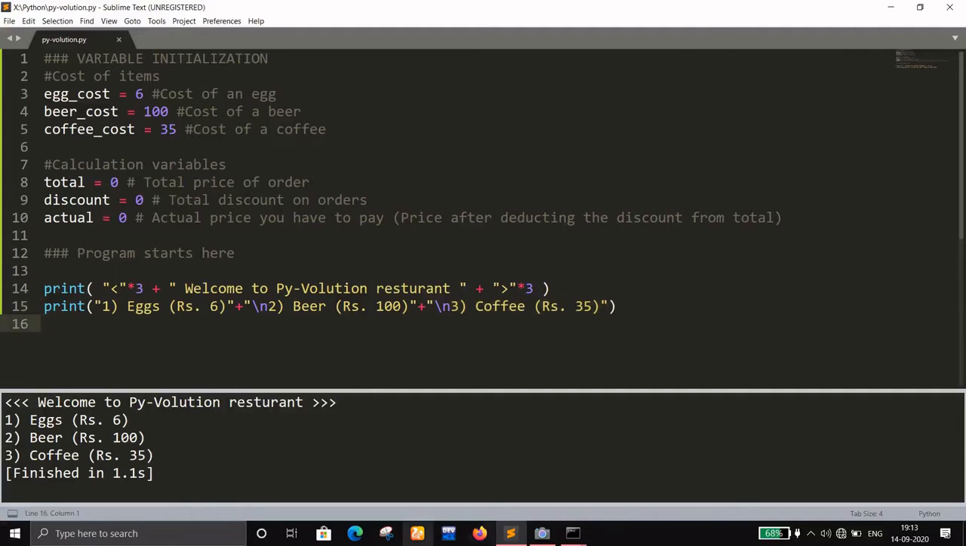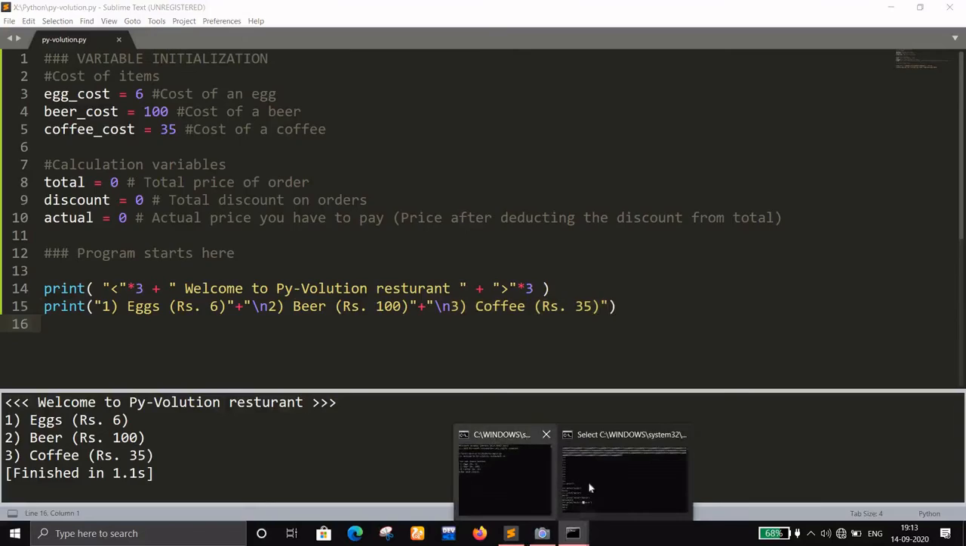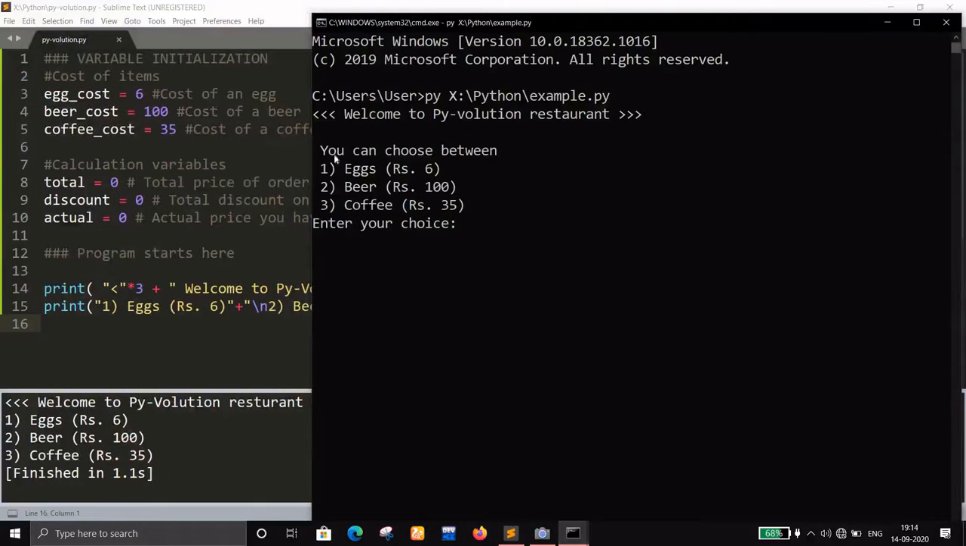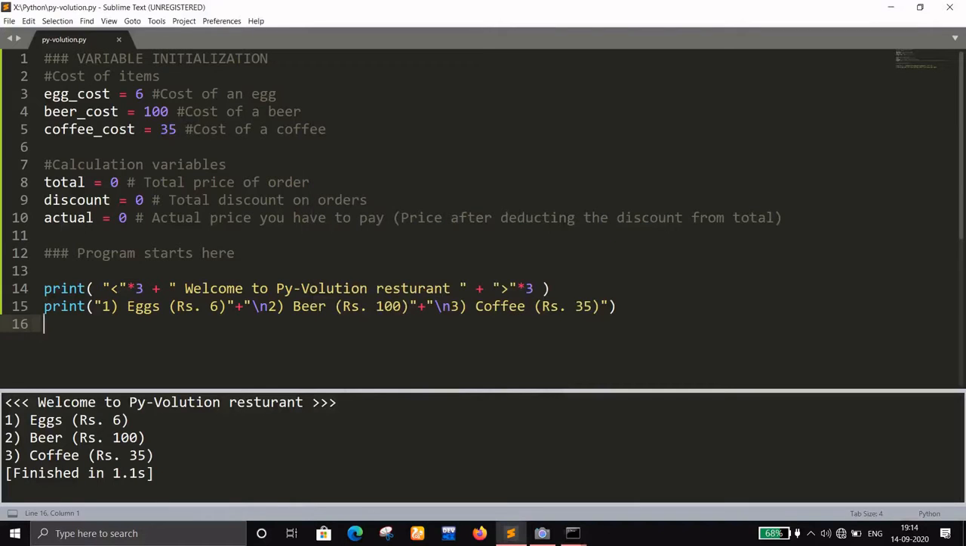Now let me check if I am missing something. Okay, I am missing this line, so I can do it in the same place. Control C, copy this thing. So what do you want to do? You just want to place it above it. So just add this one, give another line, and put this thing. You can choose between this. So if I save it and I run it,